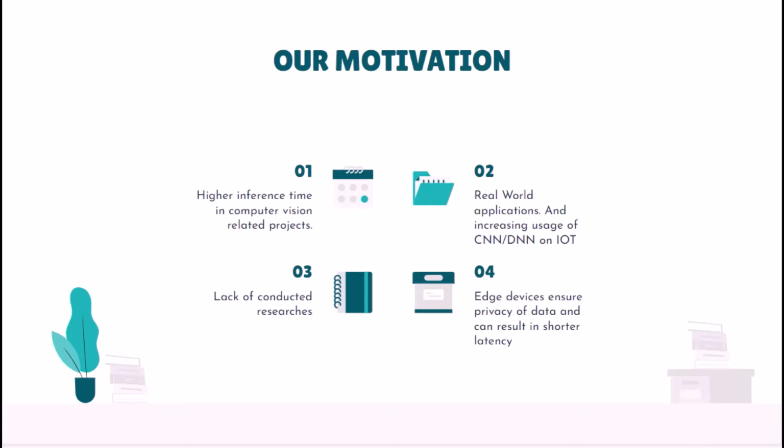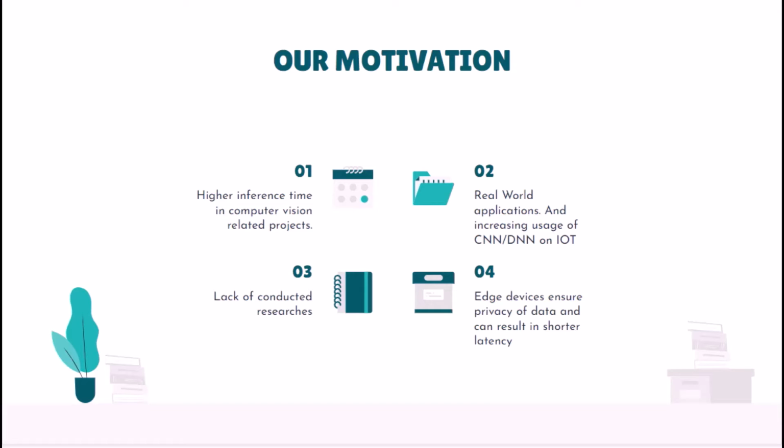So what is our motivation behind this? When we are doing various kinds of computer vision related projects on resource-constrained devices like Raspberry Pi, inference time is always really high if the convolutional neural network is considerably large. So as a solution, we are more focused on improving the inference time of the convolutional neural network on edge